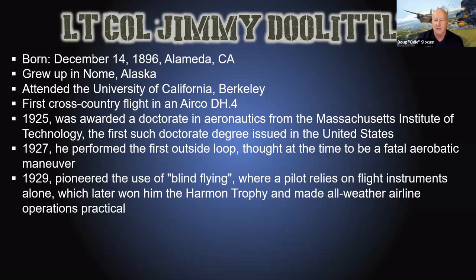Flight instruments that we understand today. If you fly into a cloud, it's how you're able to stay upright and navigate. He is the one who started that. He was the one who innovated that. And then, of course, was awarded what ends up being the genesis of what even makes airline travel